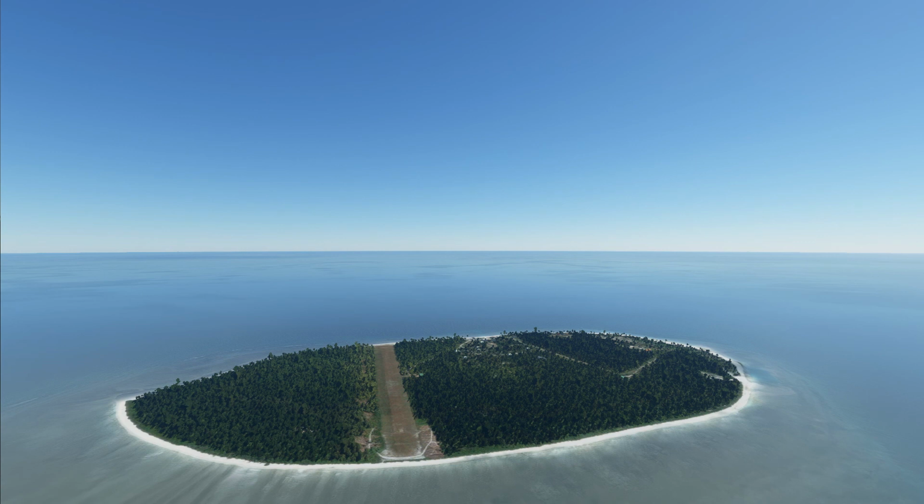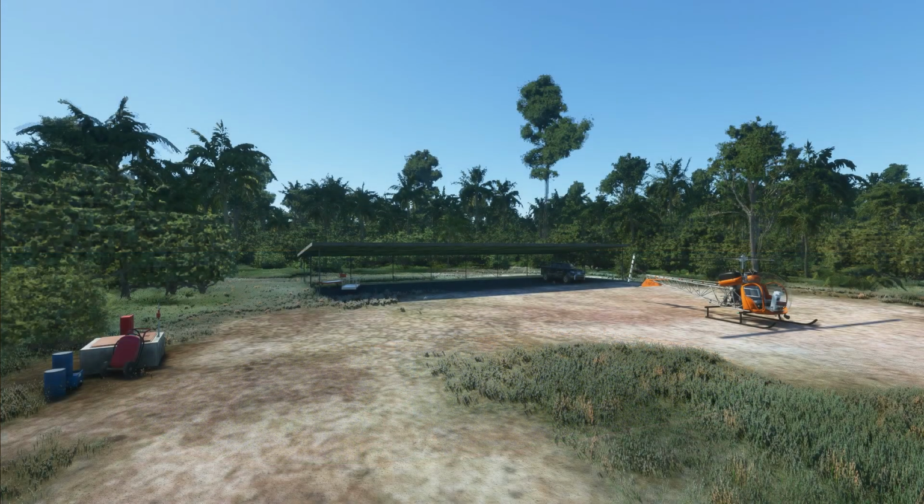So that's a close-up look. There you go, again fairly basic. Little cover there to shield you from the sun, a couple of baggage carts and a vehicle to take you wherever you need to go,